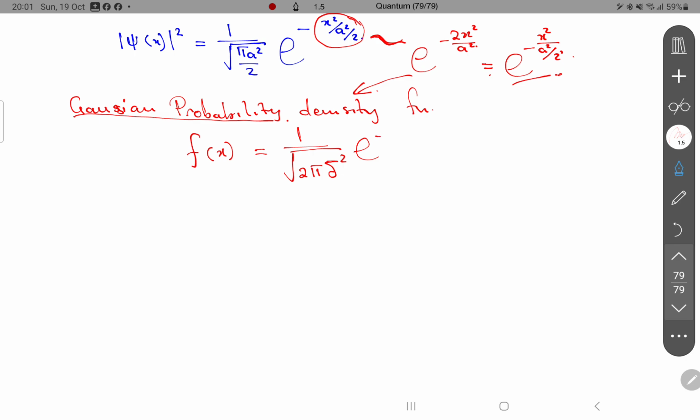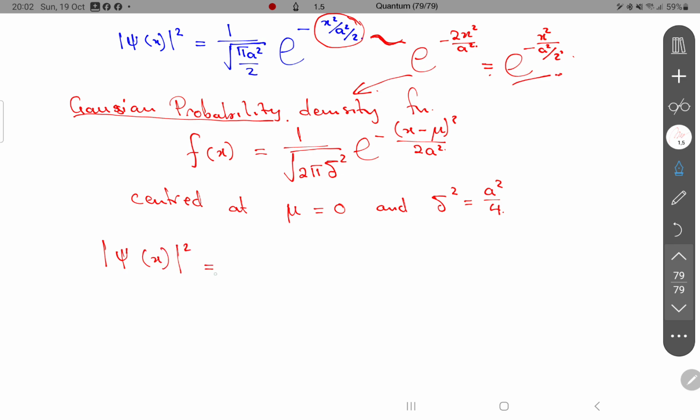I was now writing this negative of (x minus mu) squared over 2a squared. Sorry for my video. So you would find that the Gaussian is centered at mu equals 0, and sigma squared is equal to a squared over 4. So the probability density function